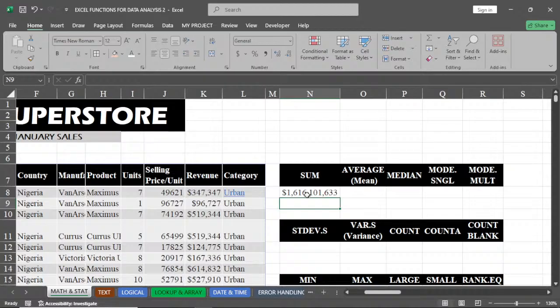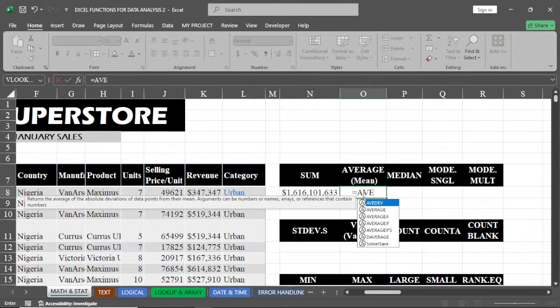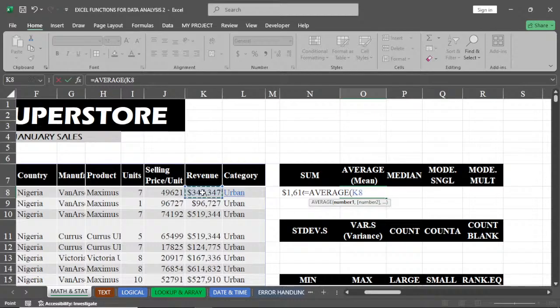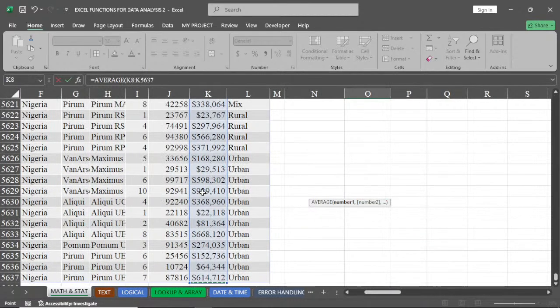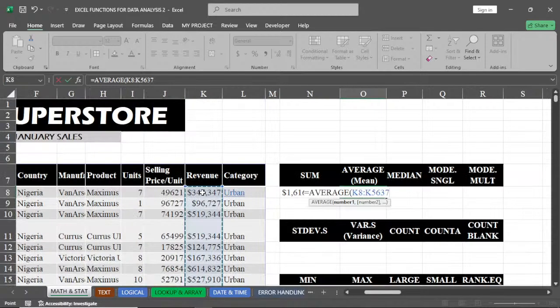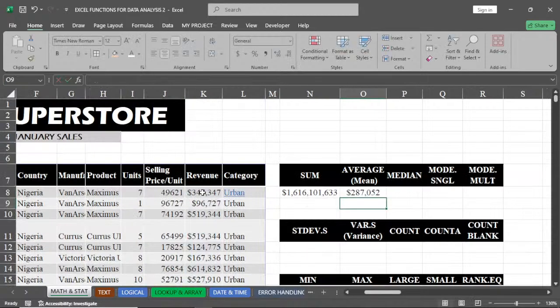Now let's say, for example, we also want to know our average sales. Let's say this is our monthly sale, our annual sale. We want to know our average sales for the year. This is the total sale we have, and we want to calculate our average revenue, or the mean. To know the average or the mean, we say equals to average, double click here, come here, the same stuff, Control Shift down, Control Backspace, and hit enter. Then our average revenue becomes